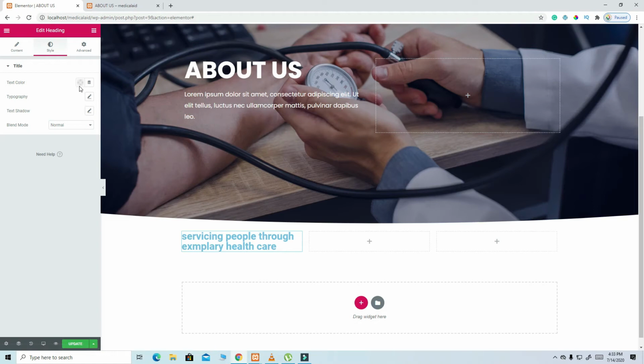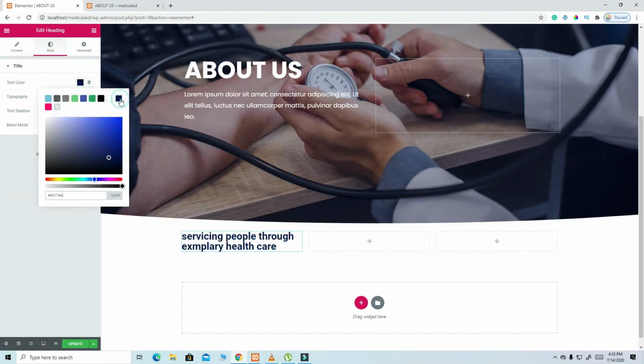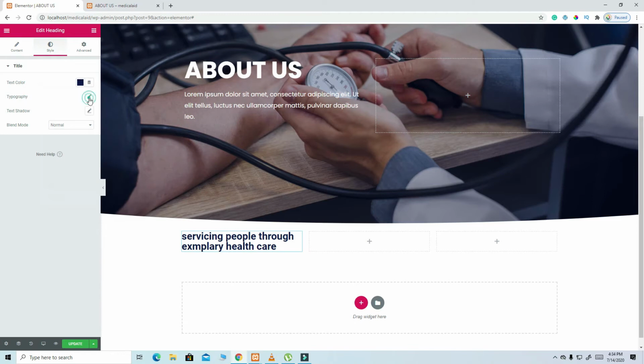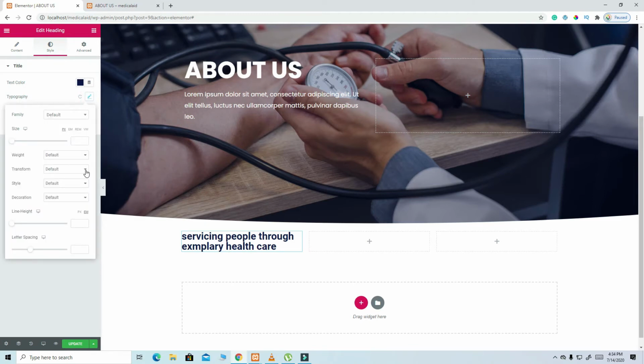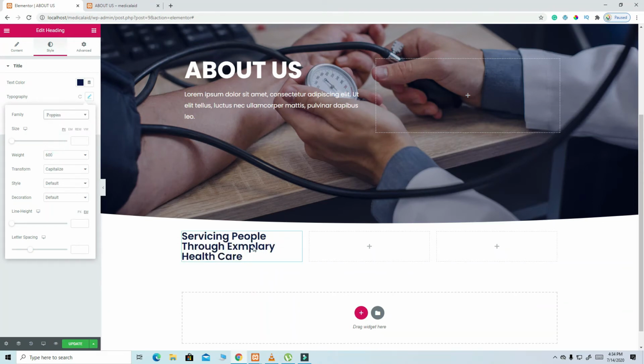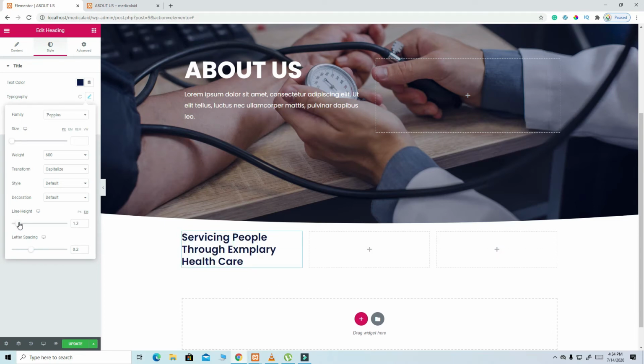Okay, and then we are going to click here on style. From the style, the color, we select this color of ours, and then we click on typography. From typography, I want to transform it, and then I capitalize like that. And then the weight I need it 600. And then the font family we are making popping, I'm making it popping. And then the line spacing, line height, let's make the line height to be like this